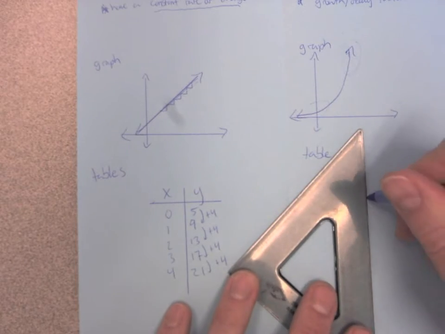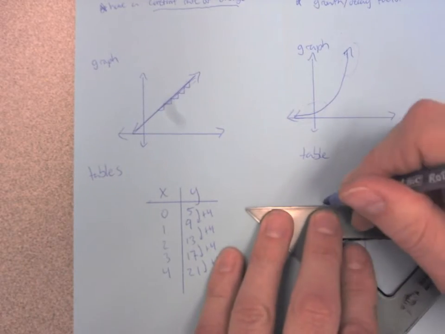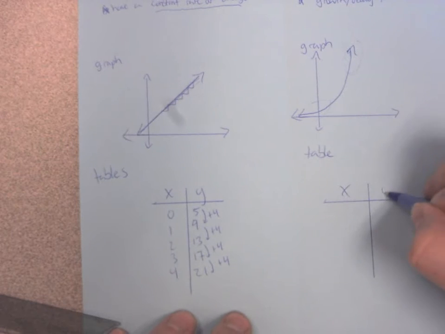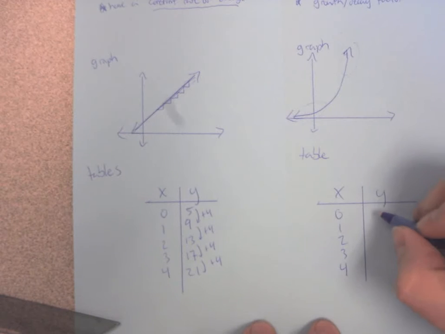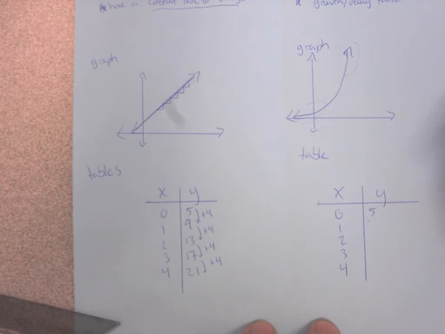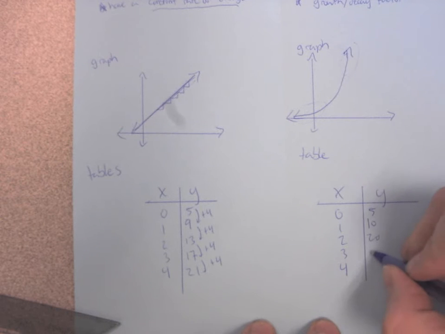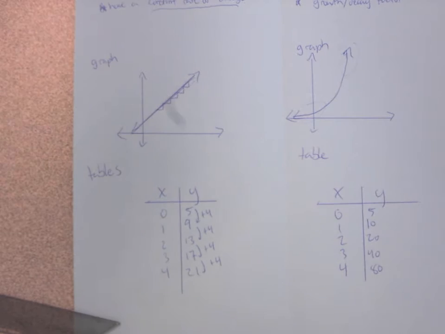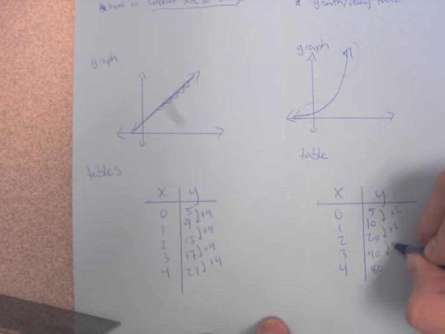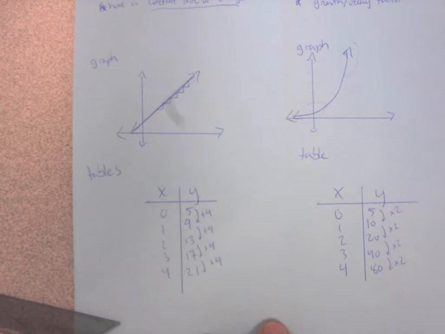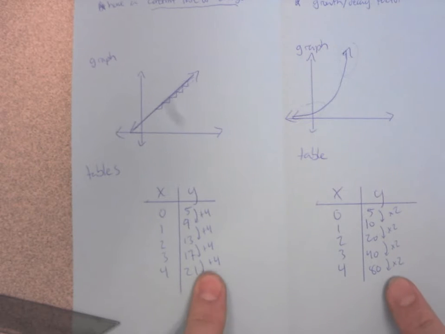Now, if we look at a table for an exponential function, we are going to see a pattern, but it's a different kind of pattern. Okay, in an exponential function, we're going to have something like this. Let's say we have 5, and then let's do 10, and then 20, and then 40, and then 80. Okay, this pattern is doubling. We're not adding the same number every time. What we're doing is we're multiplying by the same number every time. Okay, we're doubling. So this is an add pattern, this is a multiply pattern, and that's how you can tell